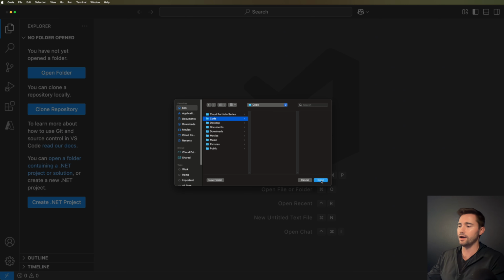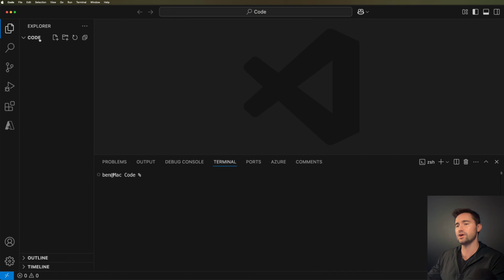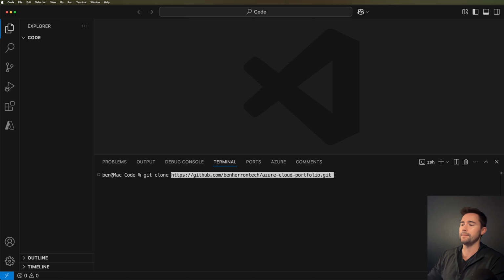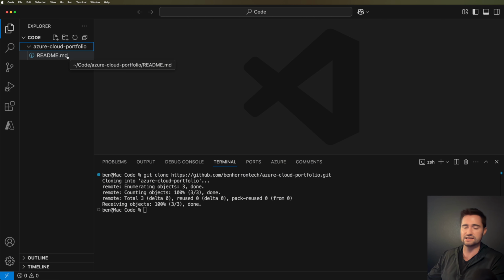Go ahead and open that up, and you will now see that our file explorer is scoped to this code directory. And obviously there's nothing inside of there. I just created it, so there's nothing to look at. But if I run a git clone and then paste in the GitHub URL that we just copied, you will see that this now pulls down that Azure Cloud Portfolio project or repository. And then we've got our README in there as well,